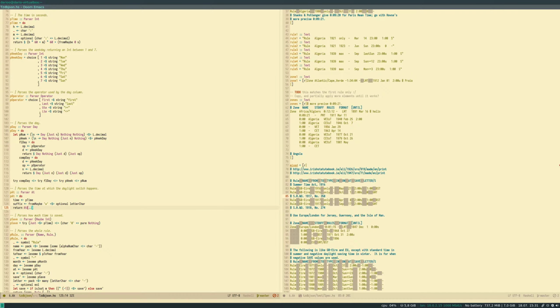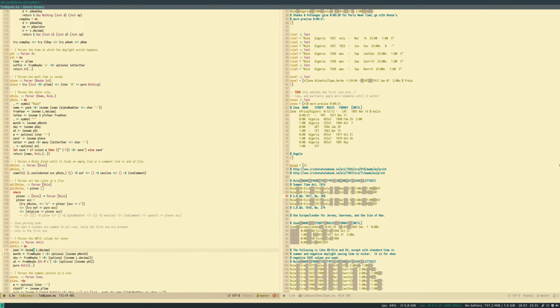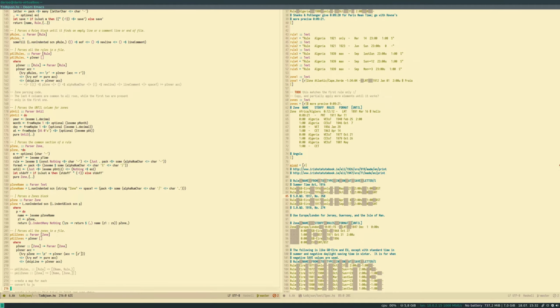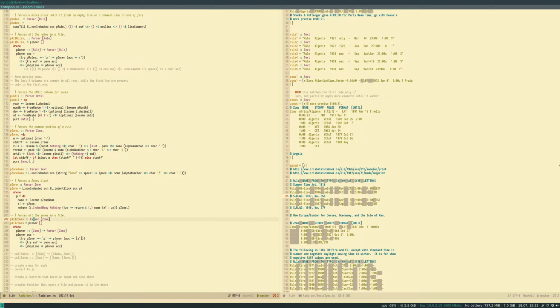So what I'm saying is that if I didn't find any rule, then I don't care about what's in the file. I'm not trying to parse rules and zones at the same time. I don't know if it's impossible, but this was proving to be too complex to reason about at that time. So maybe it could be easier now that I have something that's working to put everything together. But anyways, it's working. I don't care about performance that much. This is something that would be run once every few months, years. I have no idea. So who cares?